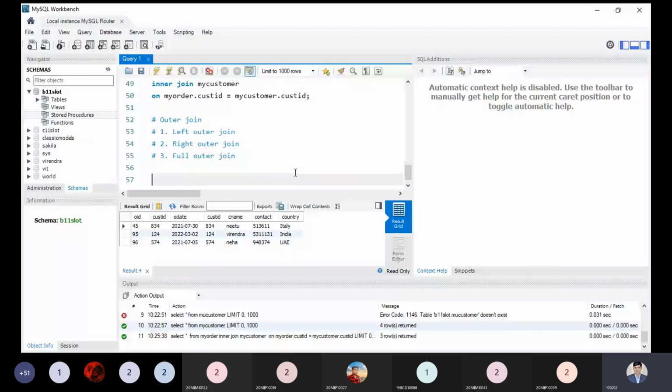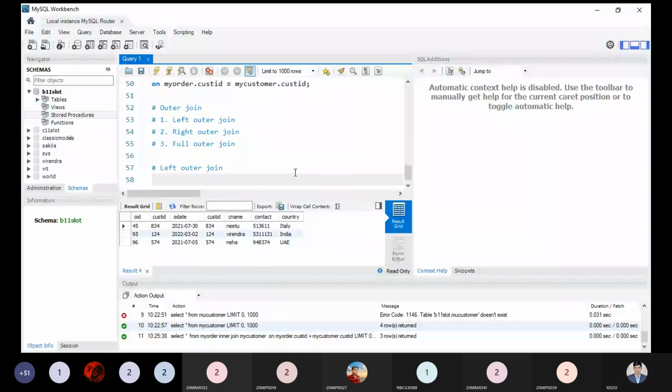Let us first implement the left outer join. The syntax is very simple, but how can we implement it? We will try to implement it properly. Left outer join is easy to implement over here. The syntax will be the same as we have used in the inner join.